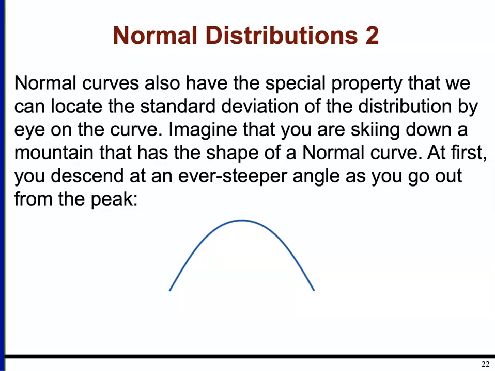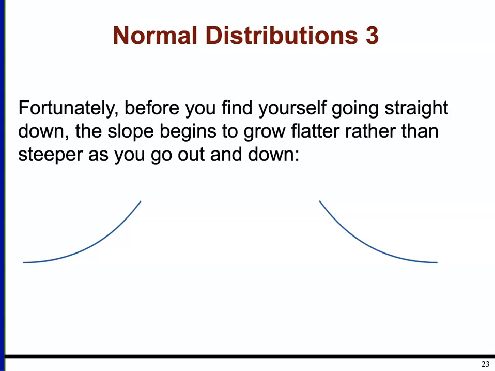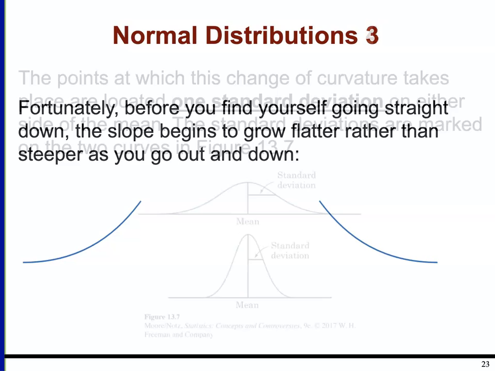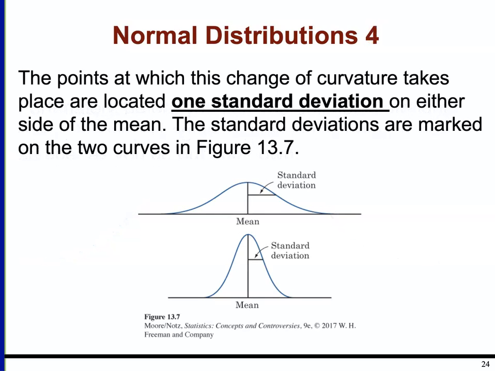The way you can think of this is think of this as a mountain. Imagine that you're skiing down the mountain here. So at the beginning, you're at a really steep angle as we're going away from the peak. But then, as you get down towards the bottom of the mountain, it starts to level off. So it starts to grow flatter. That point where it changes from being real steep to being flat is exactly one standard deviation away from the